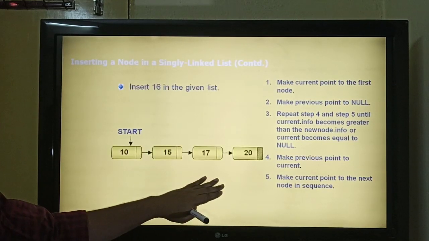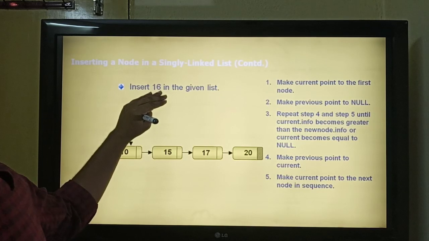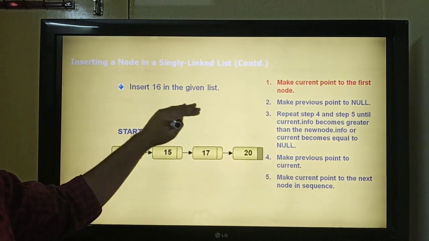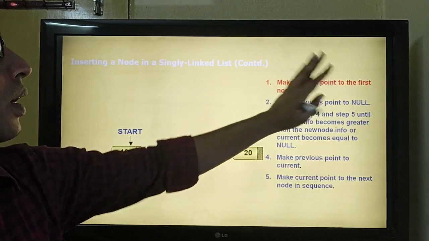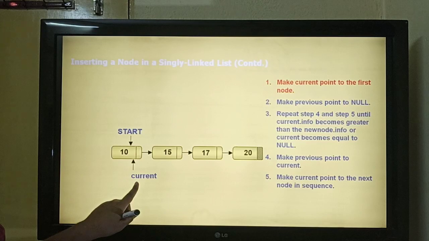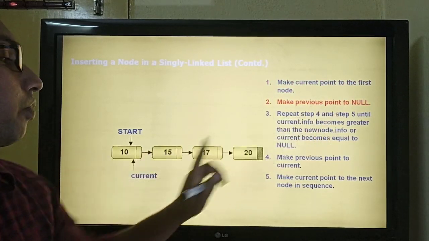This is the list and we need to locate the position for 16 in this list. So what we will do, make a current pointer which will point to the first node in the list and another pointer previous which will point to null.